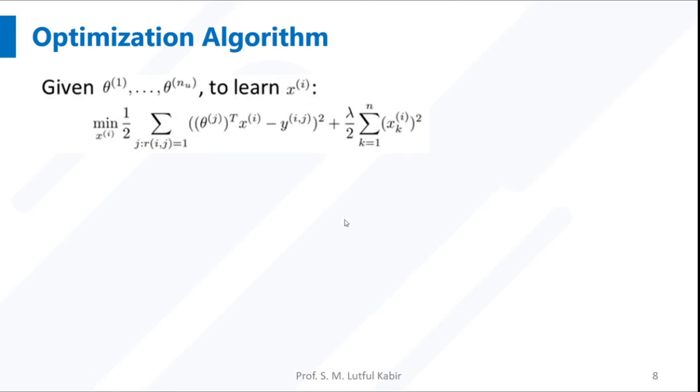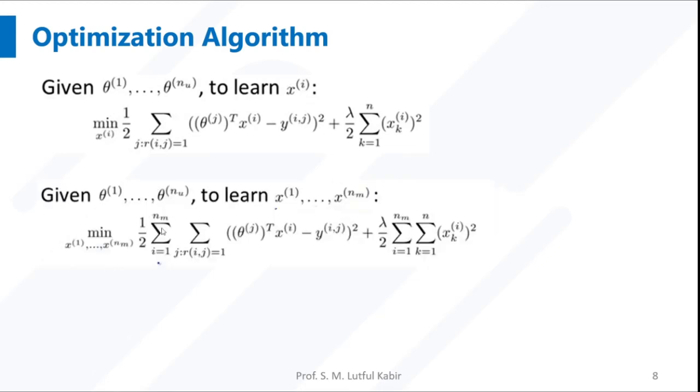for a certain movie. But if you consider all the movies, i equal to 1 to nm, the same cost function, that means the similar formula, introducing all the errors for all the movies, when you minimize over x1 to xm, that will be your cost function. And this cost function has to be differentiated and multiplied by the learning rate, and then update x1 to xm. Similar to the theta statement that we discussed in the slide before the last one, instead of theta now it is xi. So once theta 1 is given, you can calculate the